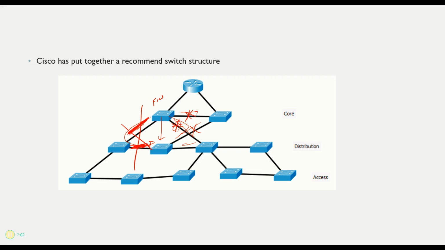All right, that's it for this hierarchy. Just remember the core, distribution, and access layers, that it does allow for redundancy, but can cause these broadcast storms and these loops to occur, and that spanning tree protocol is the way around that.